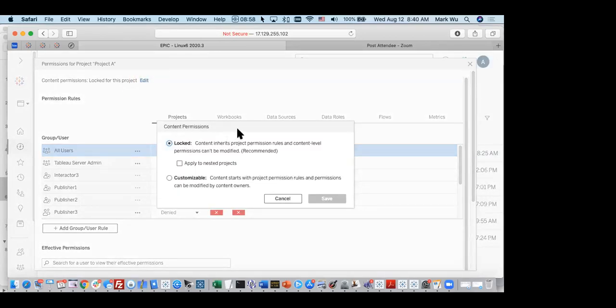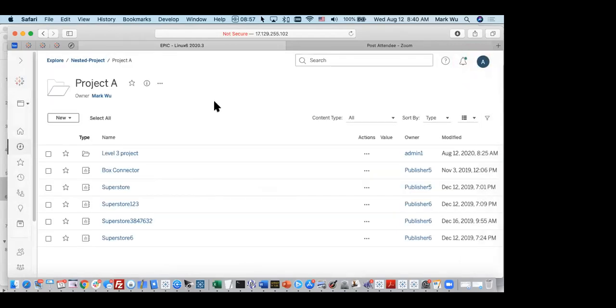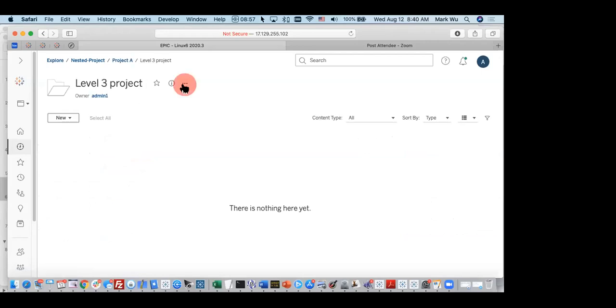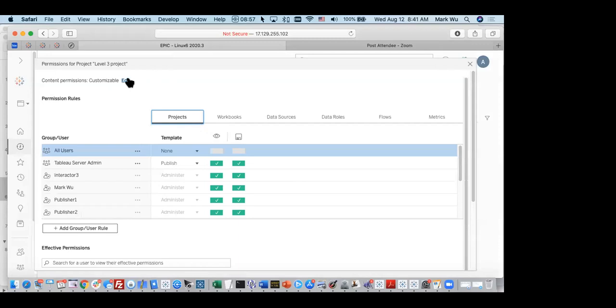But I'm locking this project A permission, while letting sub projects stay unlocked. That means all the workbooks here will follow project A's permission setting, but for its subfolder, in this case the level 3 project, for all the content here, people can set whatever permissions they have, meaning customizable, or in other words, owner managed permission. As you can see, the subfolder is customizable